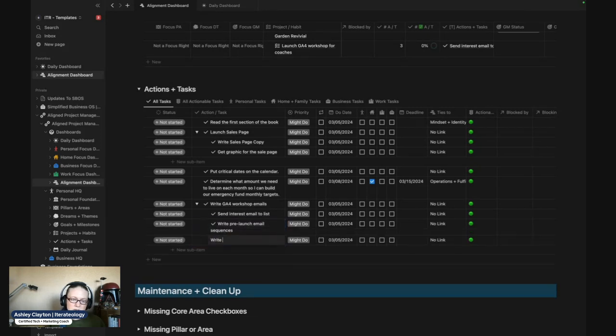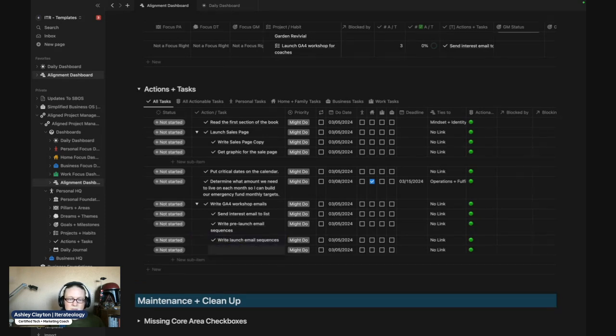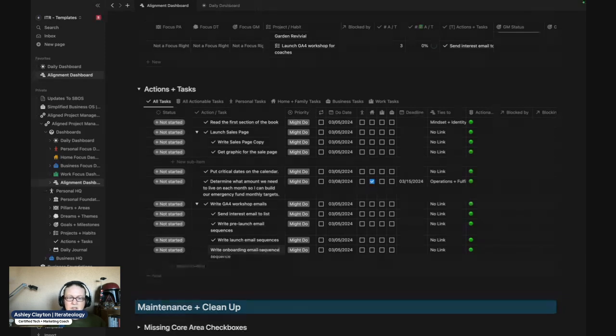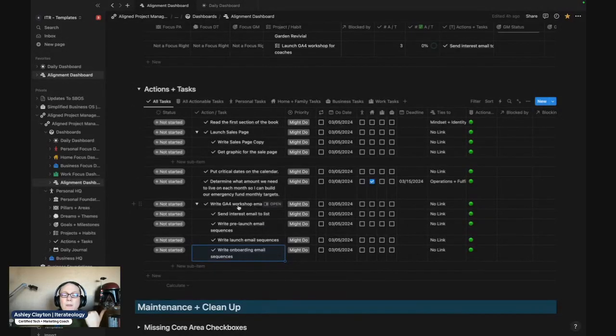All right. And then there. So you've got different sequences of things that are all like, hey, I have to write emails for the workshop. Okay, I can break that down into different subtasks. So we'll just do all these.